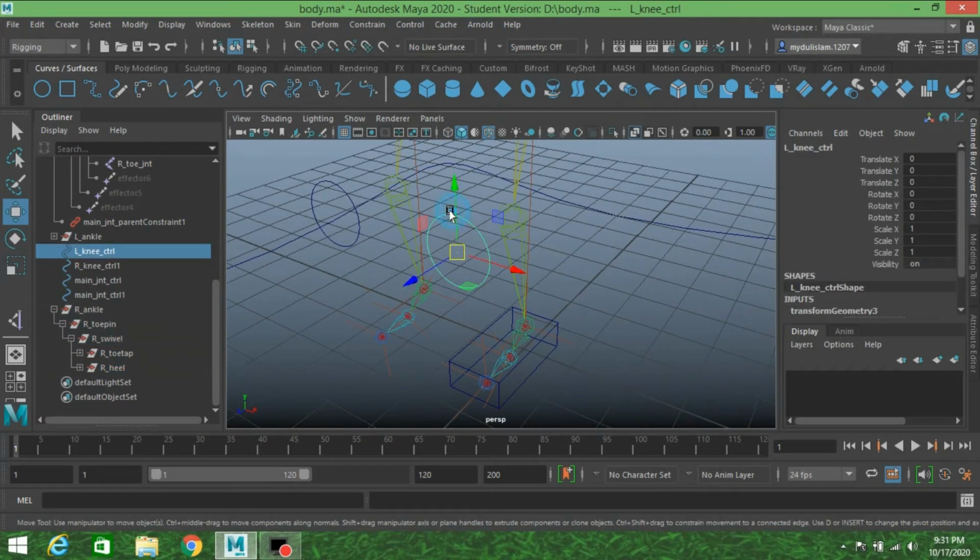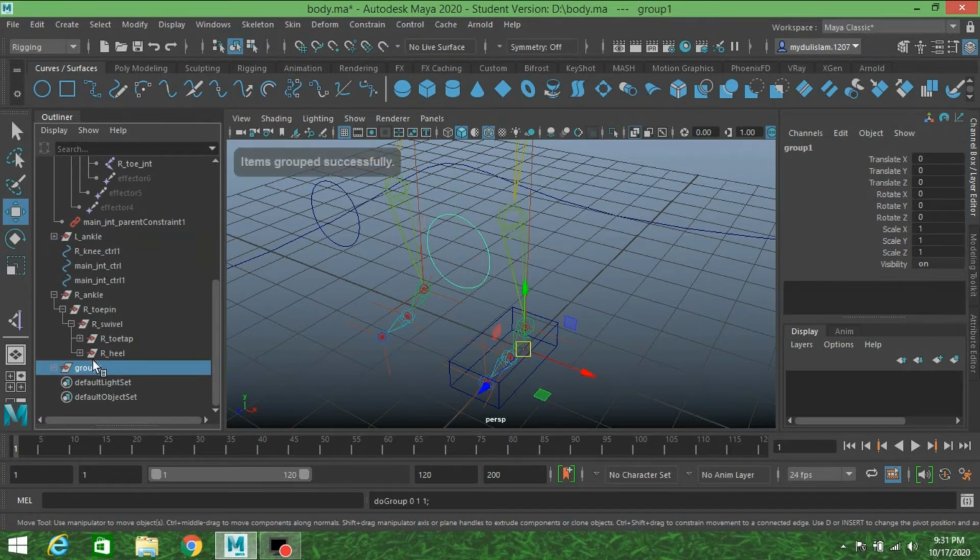Now select this left knee controller, press Ctrl plus C, copy the name, Ctrl plus G to group it and rename it as right knee controller group.